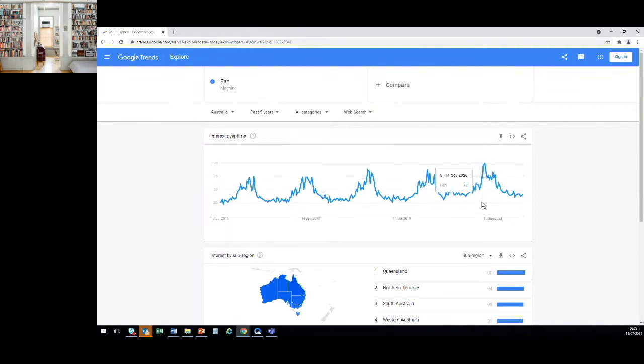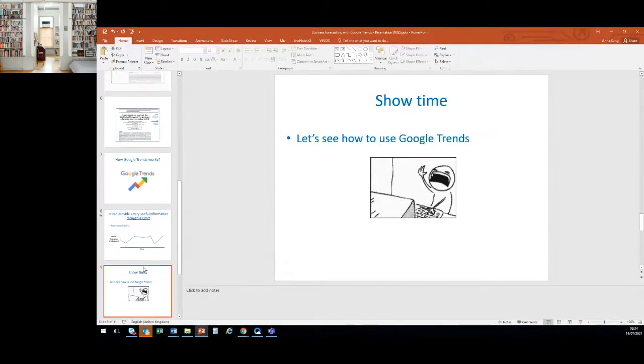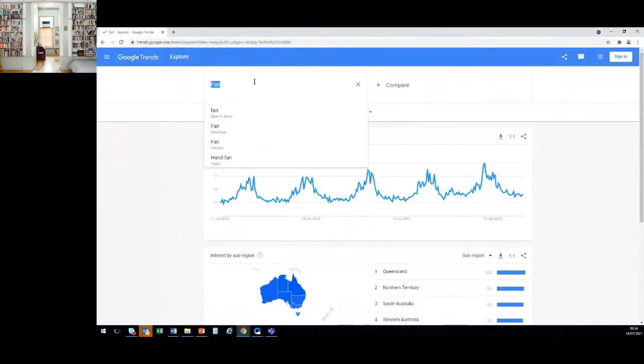So actually, doing comparison is a very useful function in Google Trends. So far, I've just looked for one search term only. So let us have a quick chat. What do you think? Which supermarket will be popular in the UK? There are different supermarket chains in the UK. If we want to know which supermarket is more popular, we can use Google Trends to help us do this comparison.